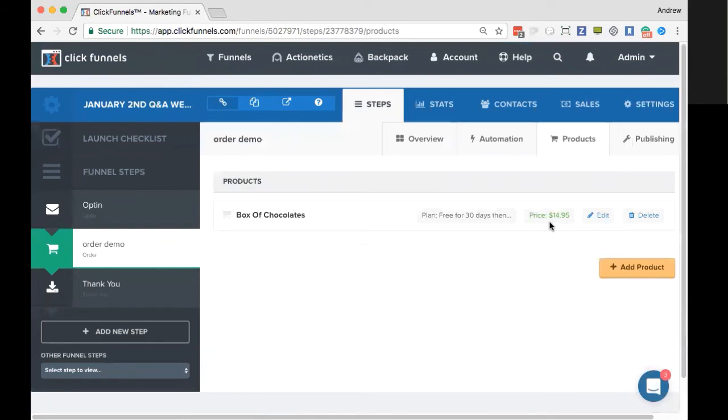Glenn, did you have any feedback you wanted to share about that? Awesome. As Drew stated, just make sure with each individual payment gateway, you set up the product appropriately.